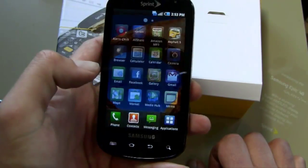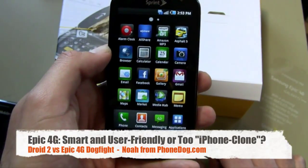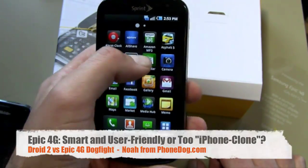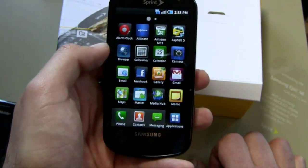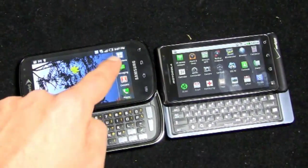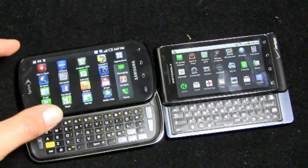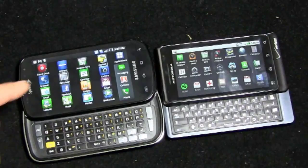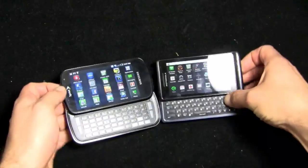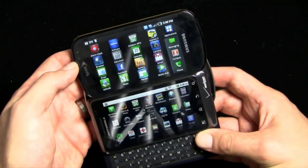I fully understand that Android purists are going to scoff at it and some people don't like it. And personally, I would prefer just stock Android 2.2 because it runs faster. But in terms of the look and feel, it's actually user-friendly. Your screen is a little bit bigger here on the Epic 4G and actually has fewer pixels. It's maybe not as sharp when you're talking about pixels per inch, but the icons are a little bit bigger. They pop a little bit more. Neither one is bad by any means, but you look at the way the application drawers line up, and just little things on the